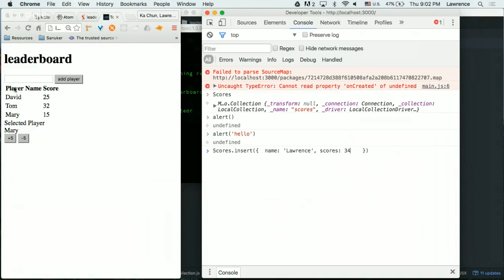Okay. Let me just try to be less technical. Here you have a key. We call it a key value pair. A key is basically the header of your table. And then, so what is the key? The value is Lawrence, basically. So you have a key called name, and you have value called Lawrence. And you have another key called scores, and you have the scores, which is the value. Okay, that makes sense, right? So if you translate back into an Excel view, you see that the values are the rows that you are having, and then the keys are the header. Okay, so try to visualize this, but I will show you later.